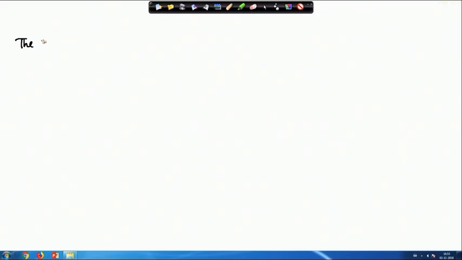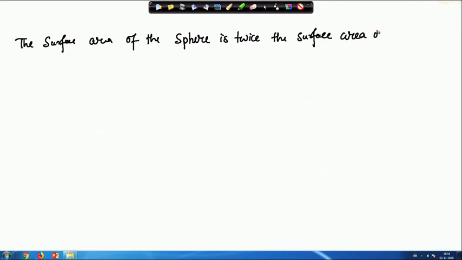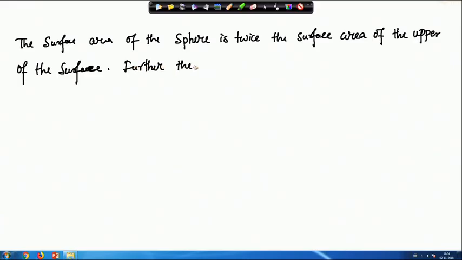So now the surface area of the sphere is twice the surface area of the upper half of the sphere. Further, the projection of the sphere on the xy plane is